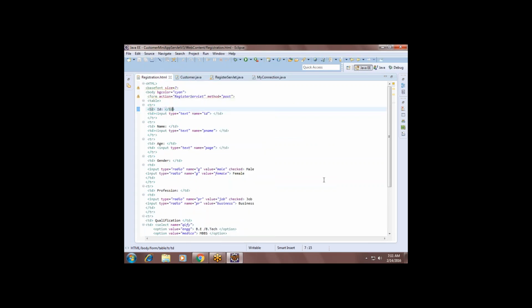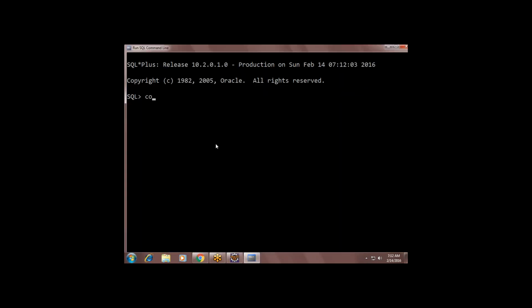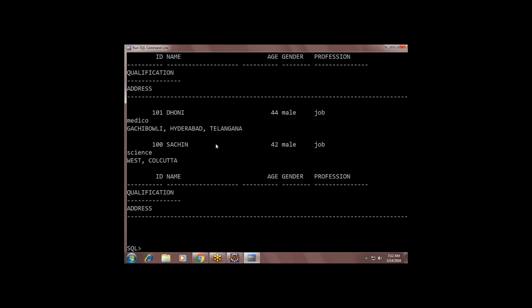Run as, see, I created one table. Already some records are inserted. I will delete from customer.